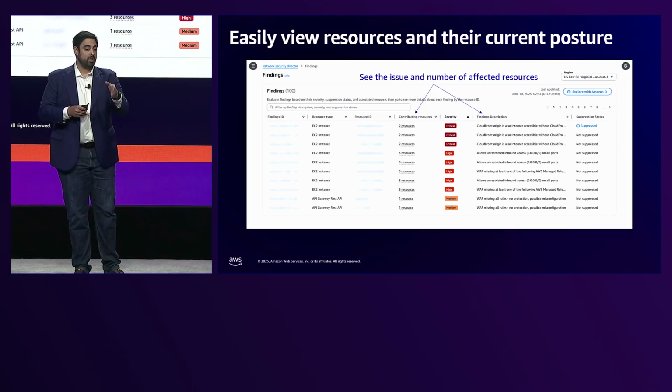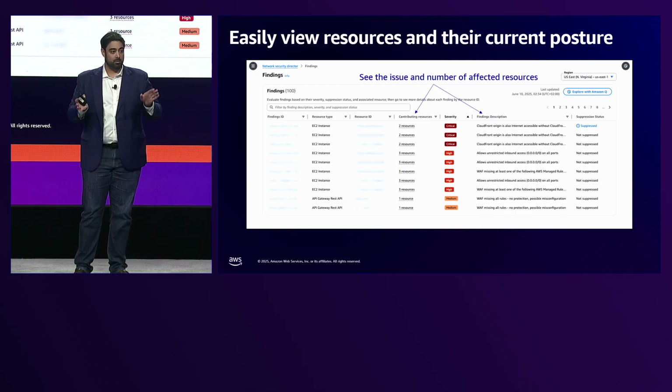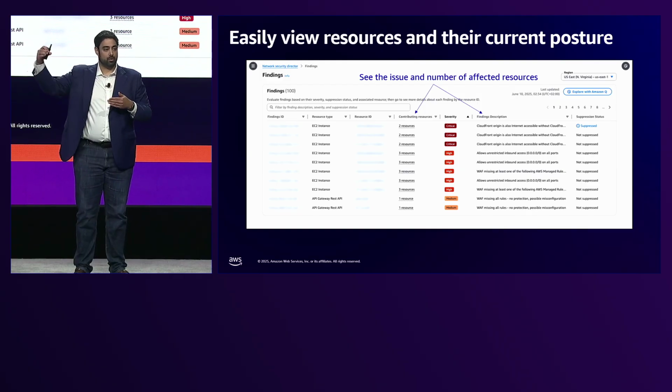And as a result, we identify what are the contributing resources of the finding. You may have no contributing resources in certain cases, but in other cases you would. And this allows you to easily see that, yes, I have a finding on a resource, but it is coming from resource 1, 2, 3.